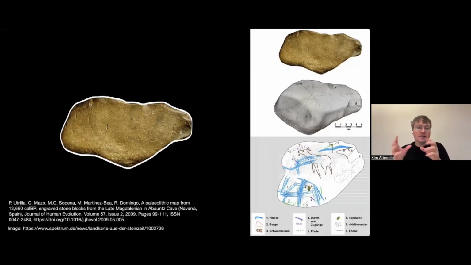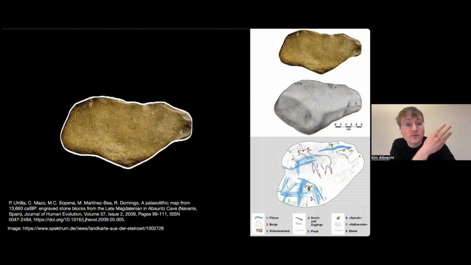And here you see researchers have investigated this stone and looked into the carvings and what people actually tried to visualize by doing this. And I find this truly fascinating. At the time, they basically marked down where they hunt deer and where they can drink water. So this was basically a map to understand the world. And this is something really interesting where we take a piece and we externalize reality onto something, into symbols.